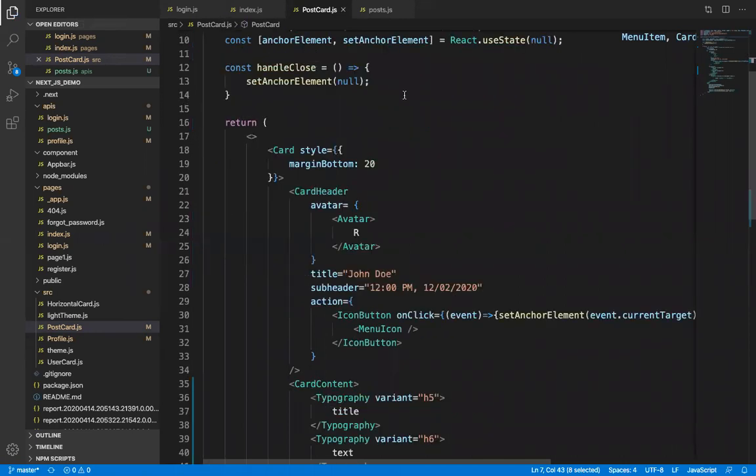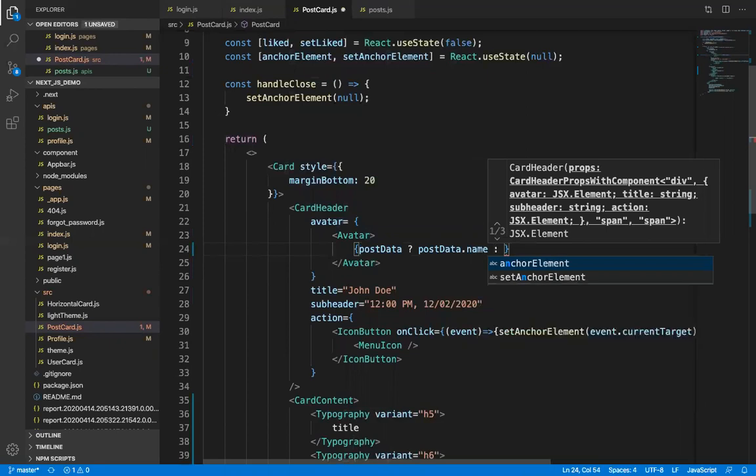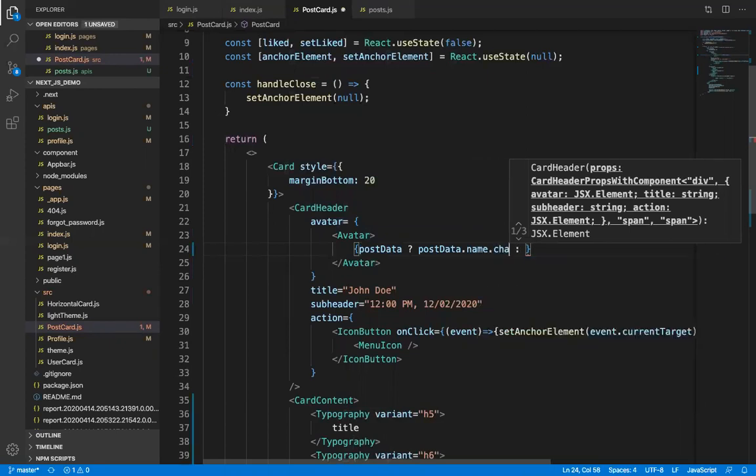What we will do now, we'll just copy. So here under post data, write post data dot name dot char at 0.